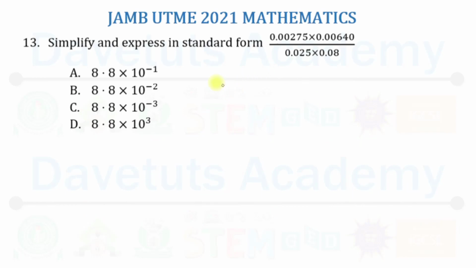So here in this question, we're asked to simplify and express in standard form this particular set of numbers that we are given to multiply each other. So as a rule of thumb, students, the best thing for you to do is to just take these as whole numbers and then multiply them in standard form and raise that power to whatever is appropriate for it. Like in the first case here, we have 0.00275. So I'm moving this 0, 1, 2, 3, 4, 5. So I'm going to be having 275